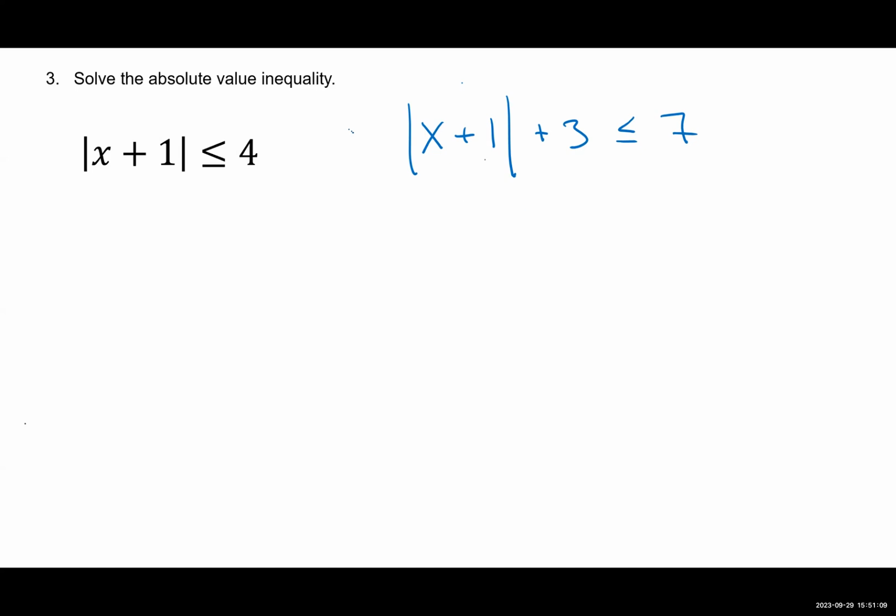You need the absolute value by itself, so you would subtract 3 from both sides. So once you're at a point where you have absolute value by itself on one side of the inequality and a number on the other side,